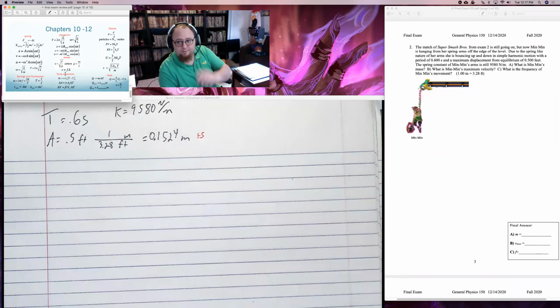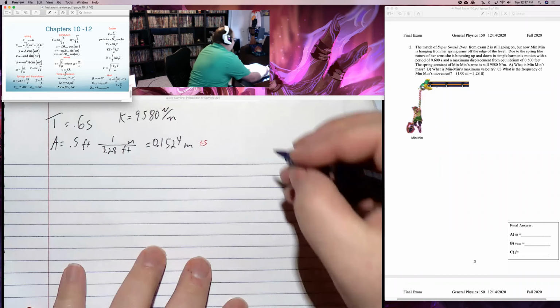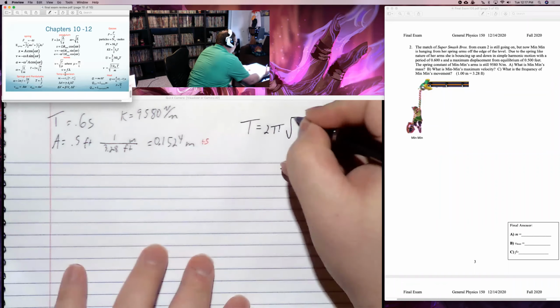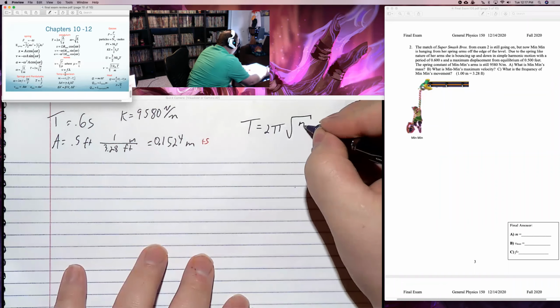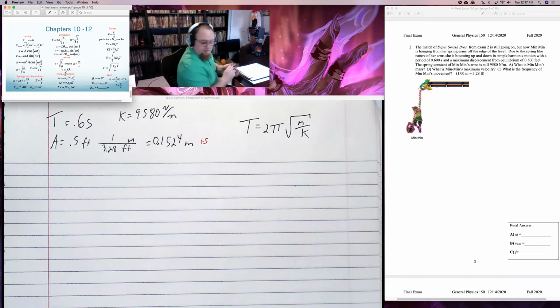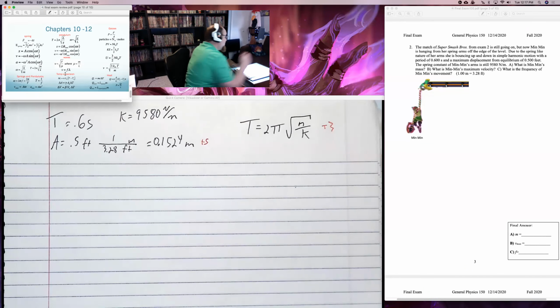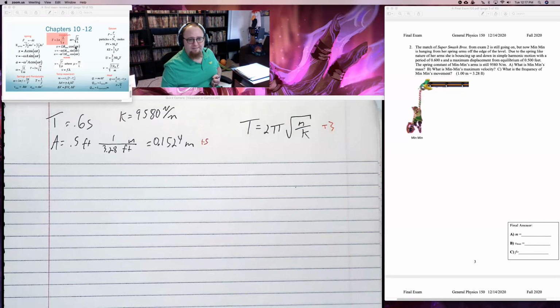So if I give you period, it directly relates to mass and spring constant for a spring. What I can say is that the period is 2 pi square root of m over k. Those 3 points. Now, that is true for a spring. If I do a pendulum, it's more likely to get the T equals 2 pi square root of L over g. But as I said, it could be either one. I might do springs again, use same equation. I might do pendulums. If I do pendulums, you're going to be looking for, as I said, this guy.